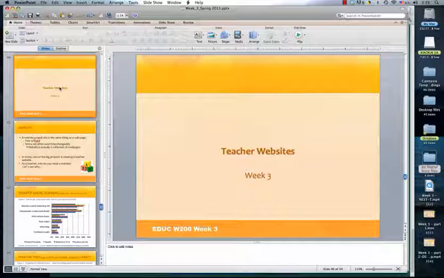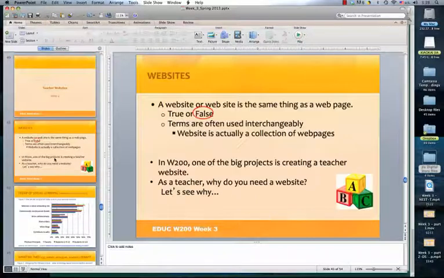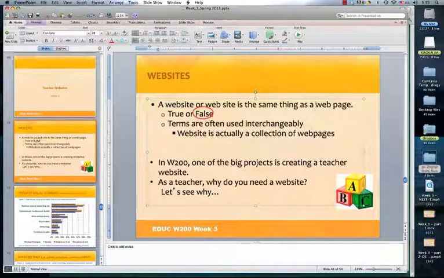Jacqueline mentioned that she likes a website because the teacher posts different kinds of learning materials on it. So you can see there are a lot of ways for you to use your teacher website. Before we go on, I'd like to clarify two words: one is website, and one is web page. Those are similar but slightly different concepts.